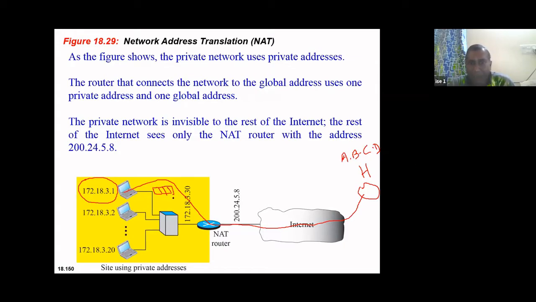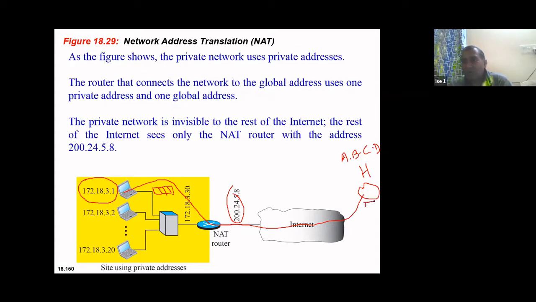when it comes to the NAT router, it will change the source address. You got the idea? It changes the source address to the global address. The local address does not count. So the global address will come as the source address in the packet. That means the communication is coming from this organization's address, 200.24.5.8. And the destination address is known, so the internet will ensure that the packet reaches the destination.